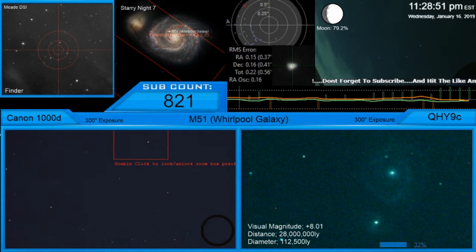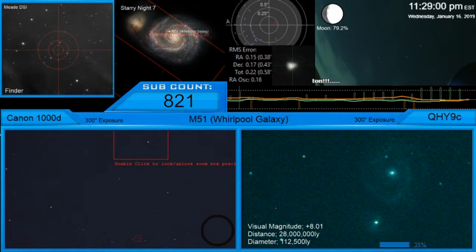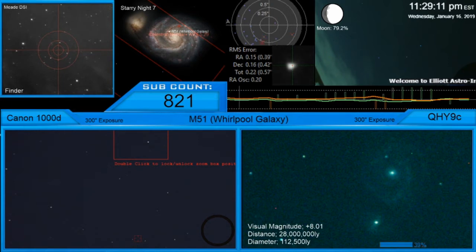Because Jurgen knows that monochrome is extremely more sensitive than a one-shot color camera. Oh yeah, I know. No joke, I could take a picture of the Seder complex with a 35-minute exposure, and Jurgen could turn around and do a 3-minute exposure and get more detail than me. So I'd have to shoot 10 to 15 times longer just to try to get close to what he does,